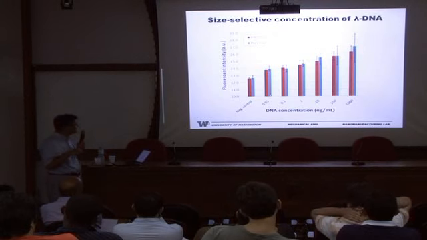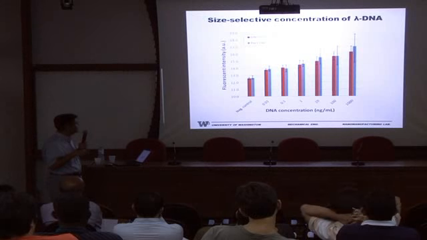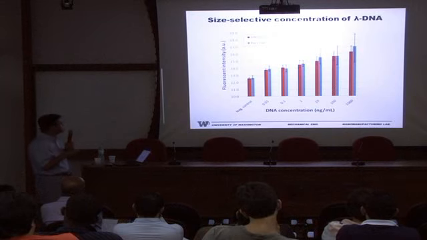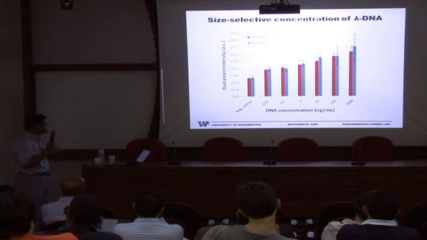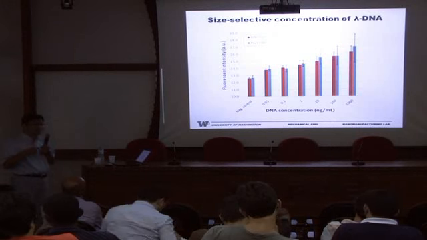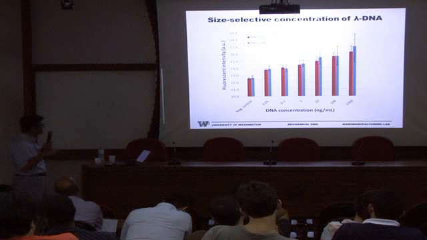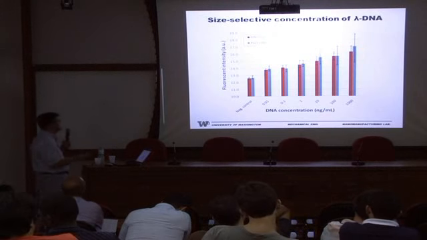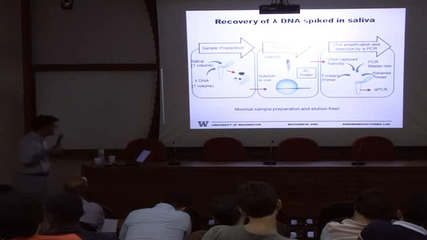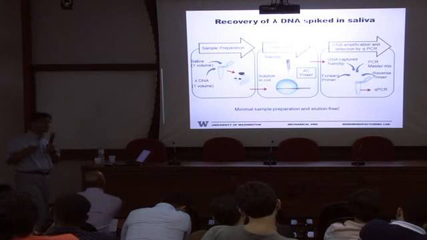So we increased the concentration of DNA, and it was attracted in pure solution with only the DNA. But even when there are particles in the solution, the same amount of DNA was captured onto the tip surface. Okay? Yeah. So this size selectivity happened through the nanotips,